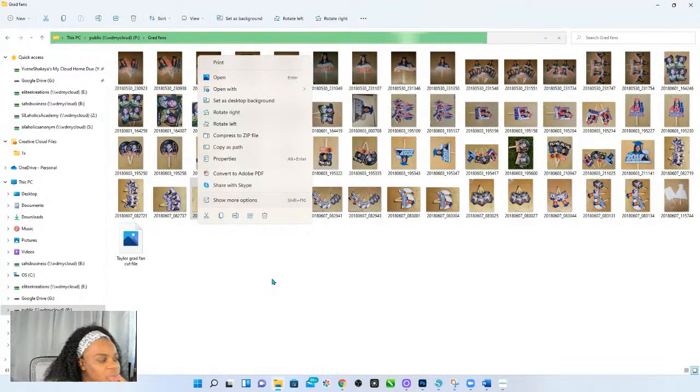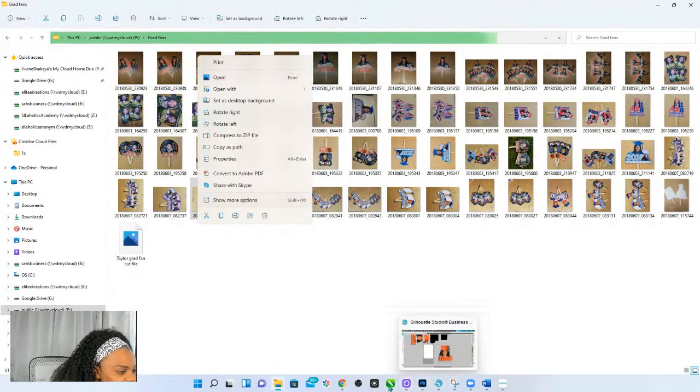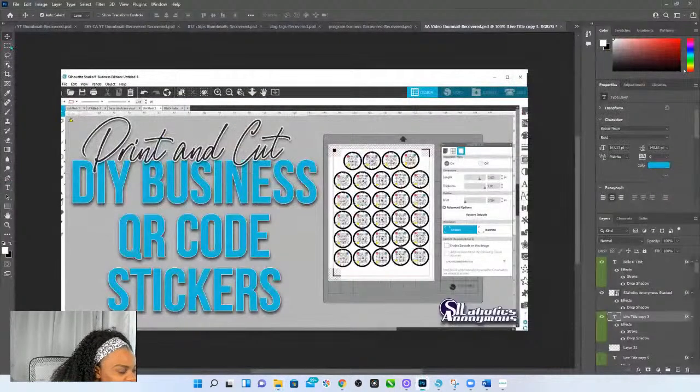I don't want to open this in, well, I guess I can open it in Photoshop because Silhouette will shut down on me. So file, open.